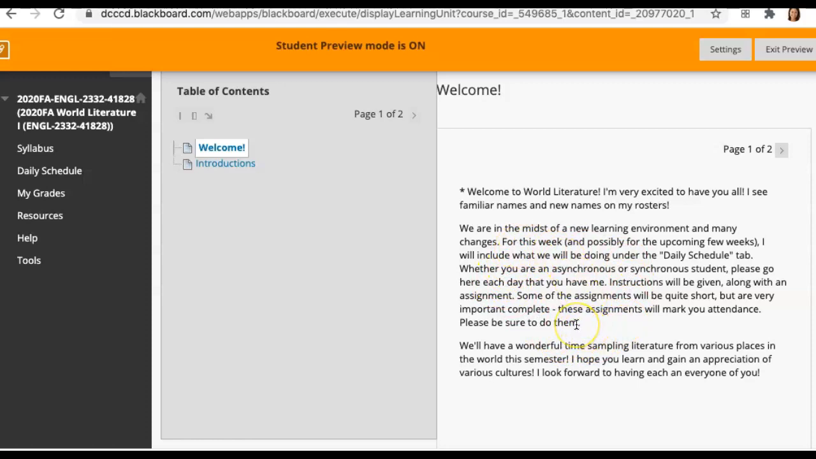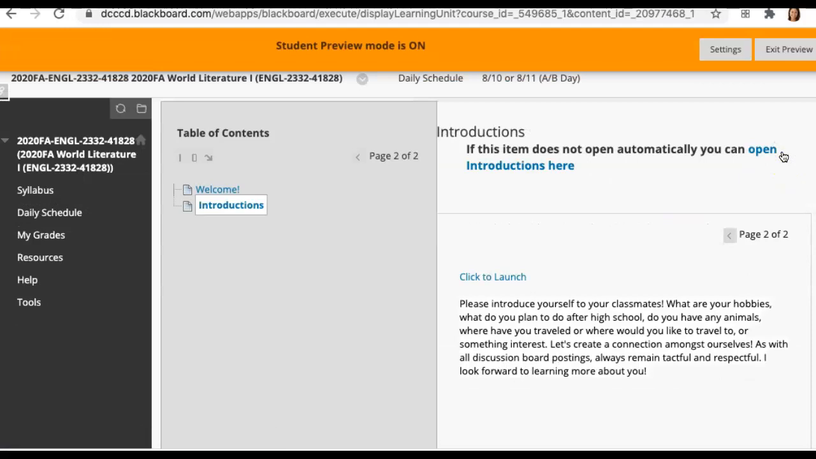This is very similar to one of the slides that I showed you on the Prezi. And then this is going to look a little different. I am going to add this video on one of the tabs here. It's probably going to be after welcome. Then I have the introduction. So what I'd like for you to do, this is your assignment for the 10th and the 11th, is to